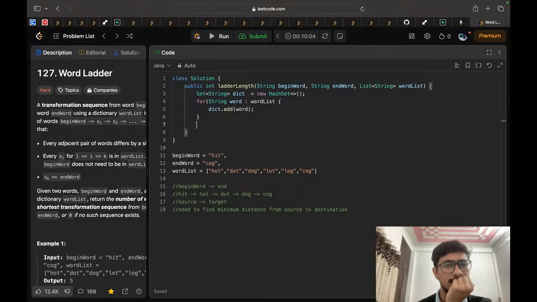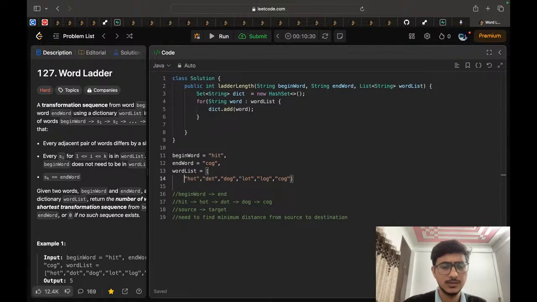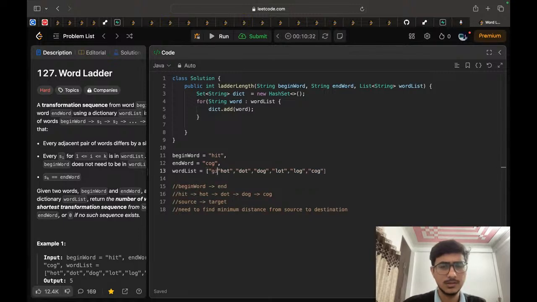Hit word. From hit word, I can form this word hot. Okay, I can only form this word, and I go to this word. Suppose if we also have two words here, git,